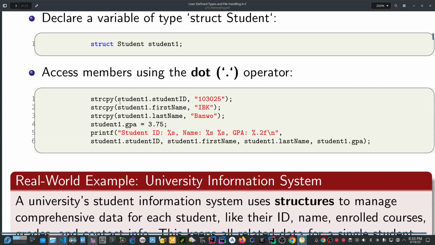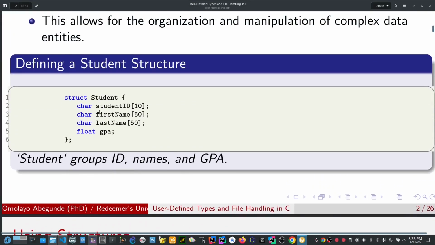Imagine these strings. I've also explained the reason why we use string copy for character string manipulation. Unlike integers or floating points, where we just assign the value straight, as in the previous lecture as well, we copy the string for immutability purposes. We use string copy to copy the string and give the value, and this is the destination. We use this object of struct student declared here to associate it with all the variables declared